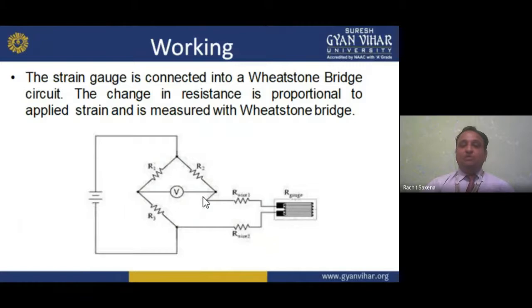We connect it into the Wheatstone bridge, and as we all know, in a Wheatstone bridge we have already known resistances and an unknown resistance. So there is one unknown resistance and three known resistances. We have three resistances, and one is connected with the strain gauge. So we can measure with the strain gauge how much the resistance value is, because we want to measure the resistance. The best and easy method is a four-arm structure, that is the Wheatstone bridge. Through this we can measure the resistance.